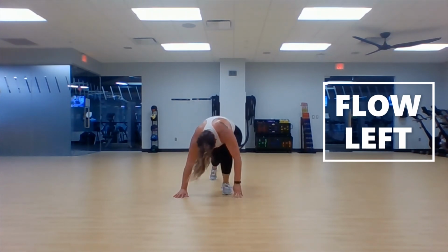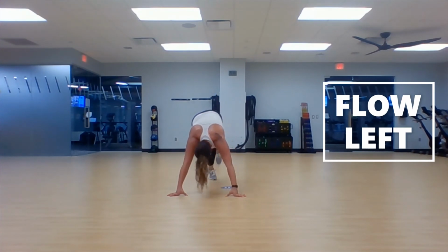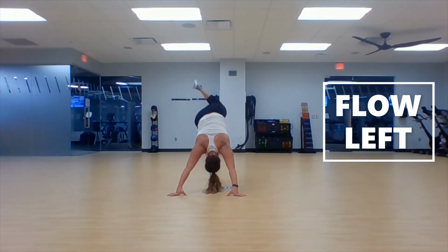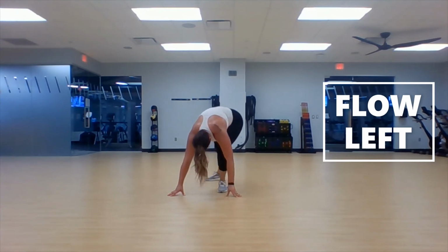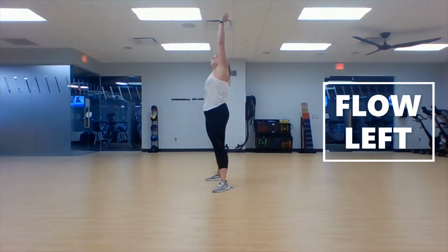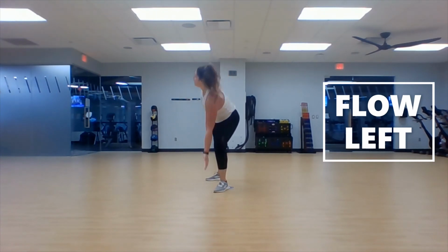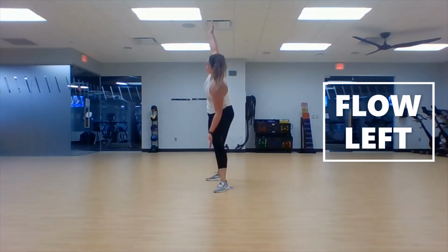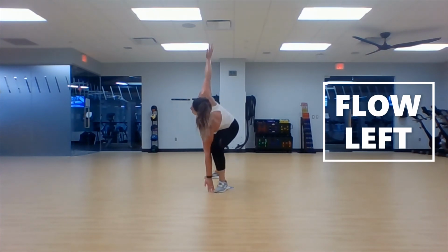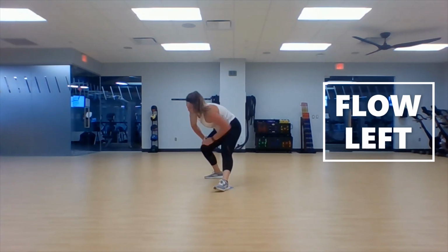Jab, you know these moves by now. Last one, and then back to that warrior 1 push. Turn that back foot, push. Warrior 2. Right angle, triangle, adduct, one more, turn it, low lunge,